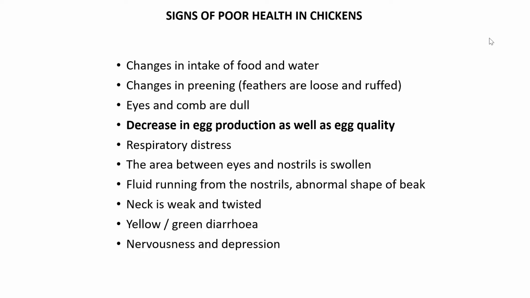Also, the one I did not make bold is the third to last point here. Oftentimes, if the chicken is very sick, its neck will become weak and sometimes twisted, so meaning the head of the chicken can lay on the ground. So even if the animal or the chicken is trying to move or stand up, well, oftentimes if it is sick, it won't want to move. It will just lie on the floor. But many times its neck is on the floor as well, and it looks twisted.